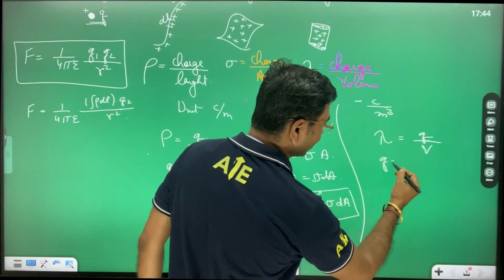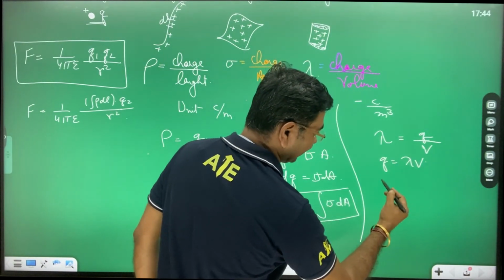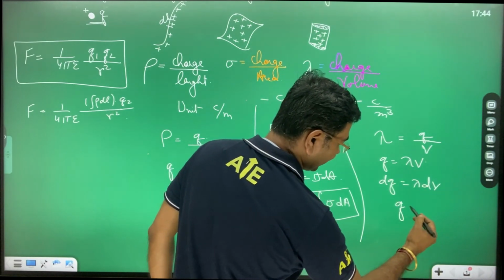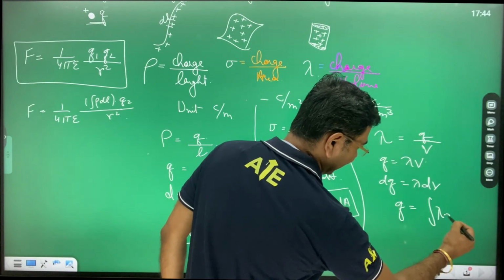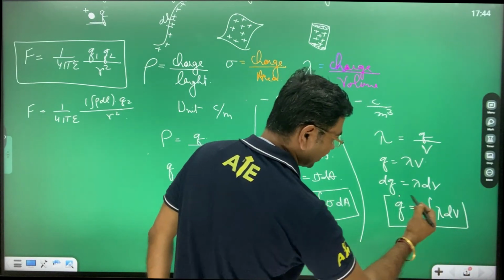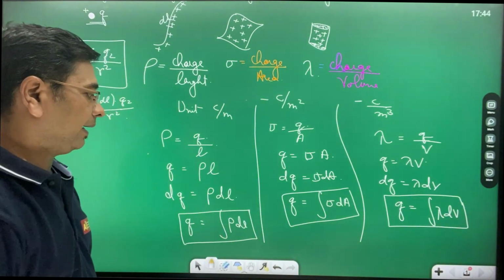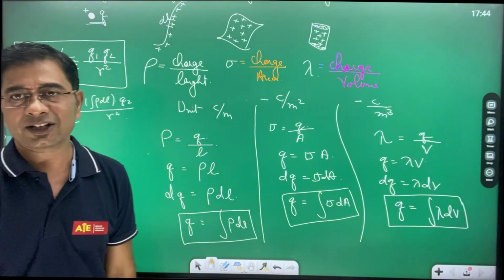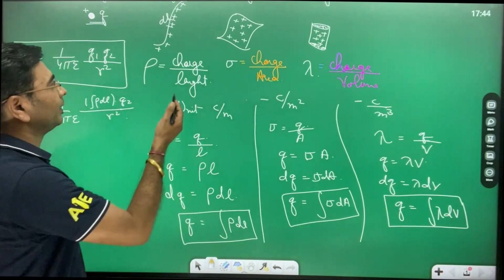And therefore Q is equal to lambda into V, and therefore dQ is equal to lambda into dV. In this way Q can be written as integration of lambda dV. So look at this, this is the charge, which is integration of lambda dV. So I've got 1, 2, 3, right? In this way I get the expressions for charge. And here, if you talk of a point